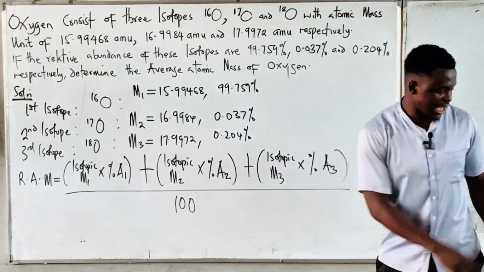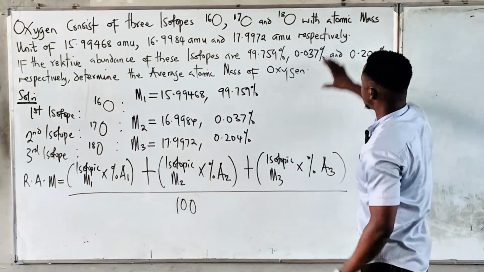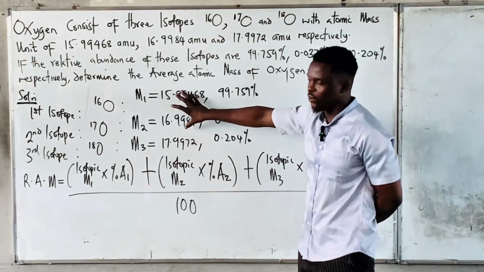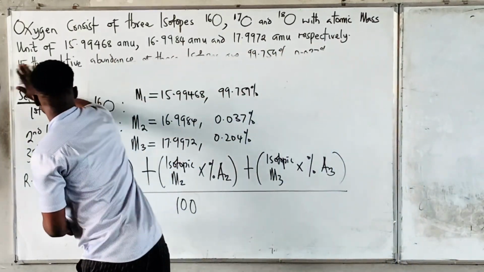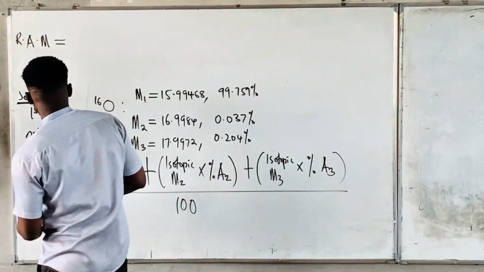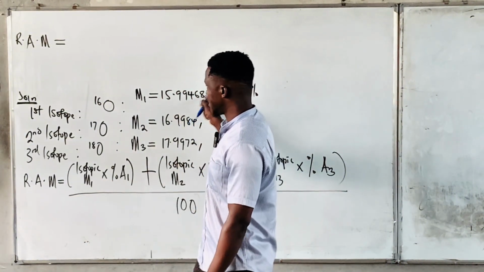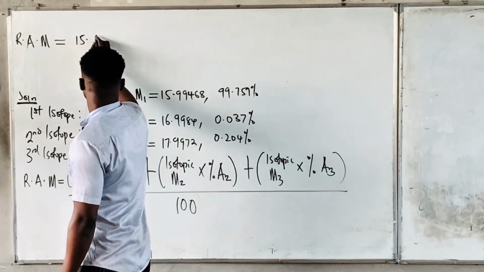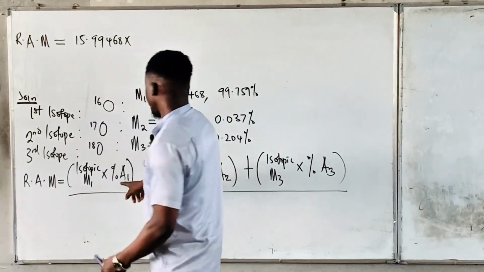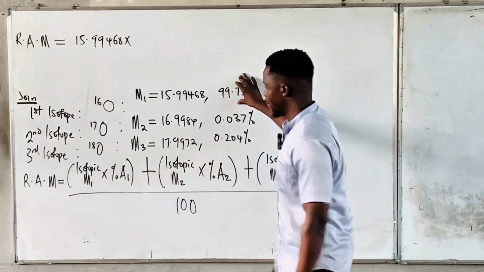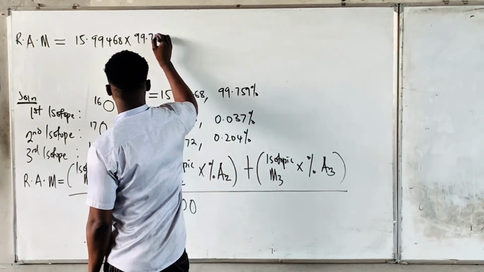So I'm going to clean this top side of the board so that I will substitute the values. Now we've succeeded in interpreting or getting the values from the question. So we want to now start inserting. So I'll come here, I'll clean this part up. The mass of the first isotope is 15.99468. So I'll say 15.99468 times percentage abundance 1. What's the percentage of the first abundance? 99.759